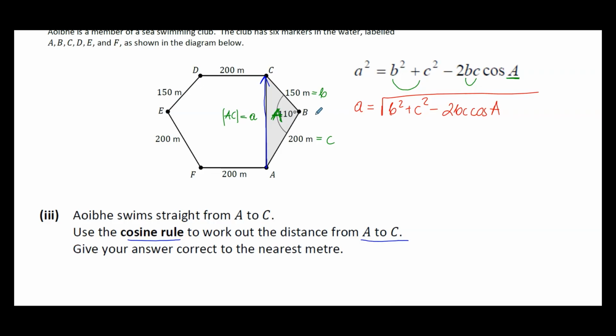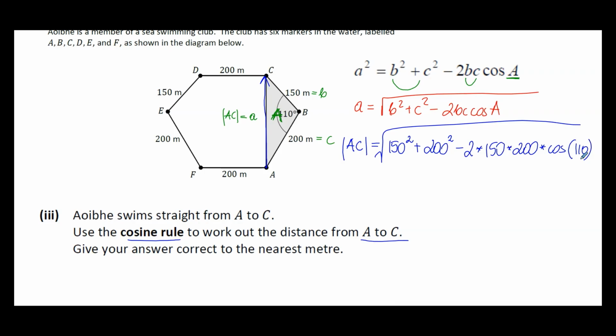So in our case, our a is that side AC we are looking for. And then B, we picked 150 to be b. So that's 150 to the power of 2 plus c. c we said is going to be 200 to the power of 2 minus 2, multiplied again by b, which is 150, multiplied by c, which is 200, and then multiplied by cos, and our angle A is 110. And all of that under the square root. We put all of that in our calculator, press equal, and we get